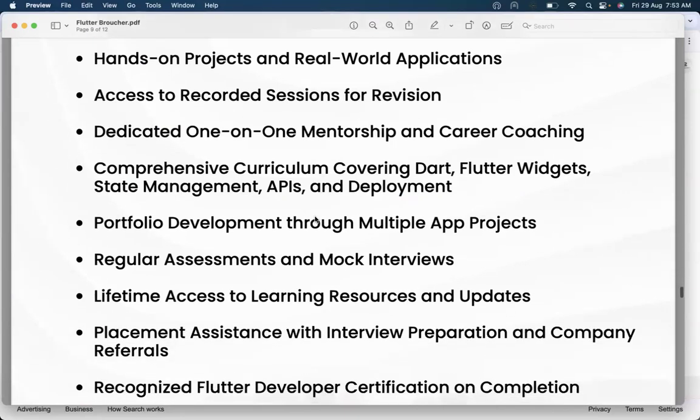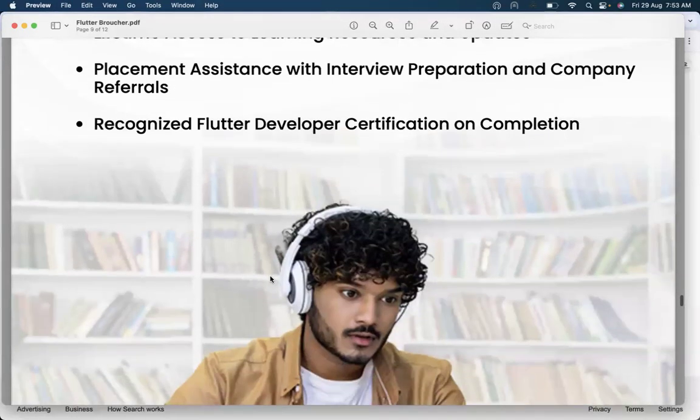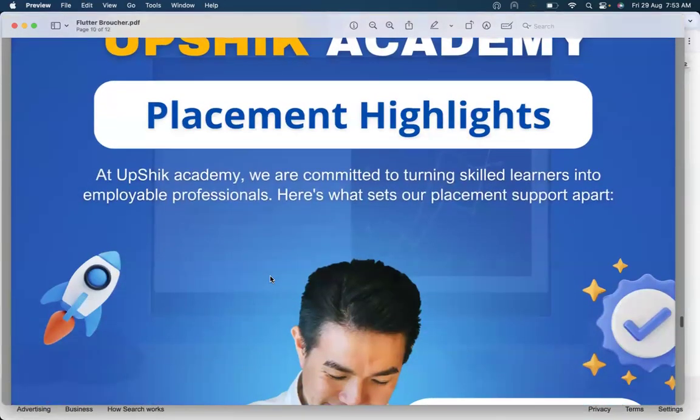Okay. So then definitely we are going to prepare some portfolio development, regular assessments and mock interviews. Everything we are going to discuss in detail over here, guys. Right now, first of all, we have to understand